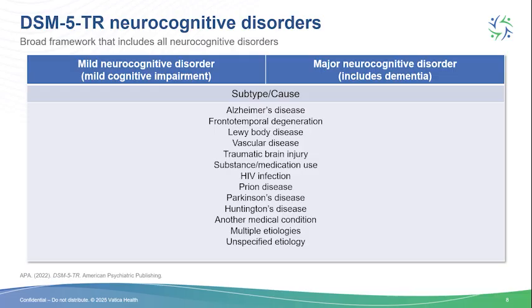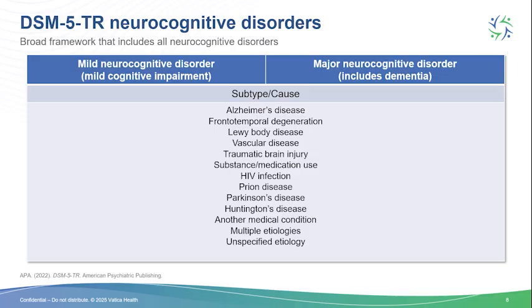And one of the things that makes it challenging is they use different terminology. So as we go through, I'll connect the two when it's helpful for documentation. So DSM-5-TR, they recognize three neurocognitive disorders, or NCDs. One is delirium, which is an acute disorder of cognition and attention, so we're not going to go into this. But then we have mild neurocognitive disorder, which we usually refer to as mild cognitive impairment, and a major neurocognitive